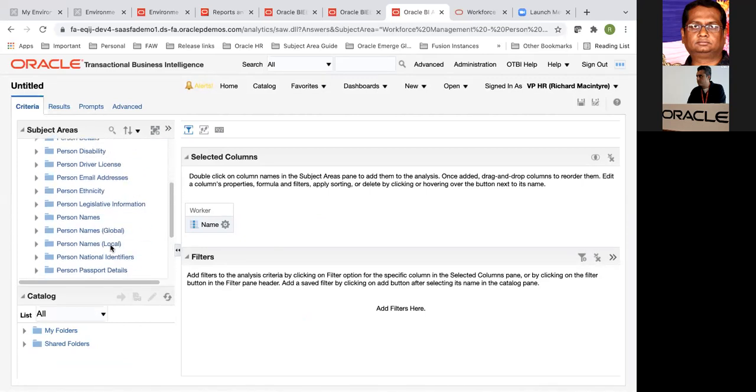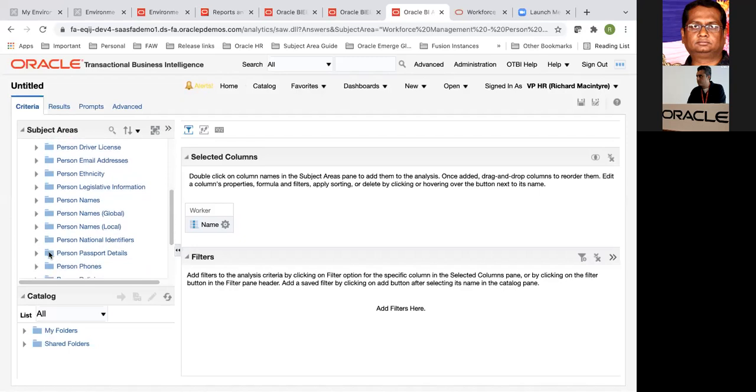Okay. And now I would want to see the phone numbers of the worker, the phone types. This is a practical example that I'm providing because I've seen various customers asking me for this on various forums. It could be in OTBI workshops, live workshops that I've done in the past, and also some of these customer connect posts. Very simple analysis, but most commonly sought after. But customers fall short of building this kind of an analysis in the way they want it to be. Okay, so I'll tell you what I mean.